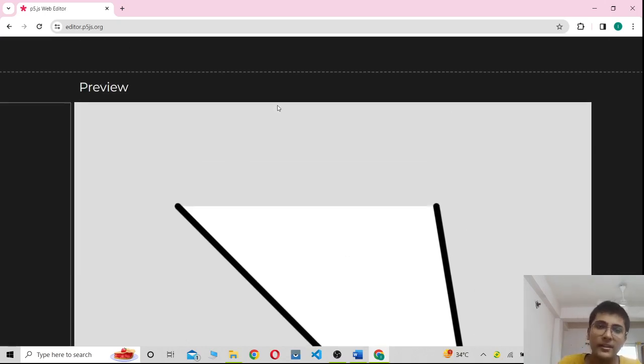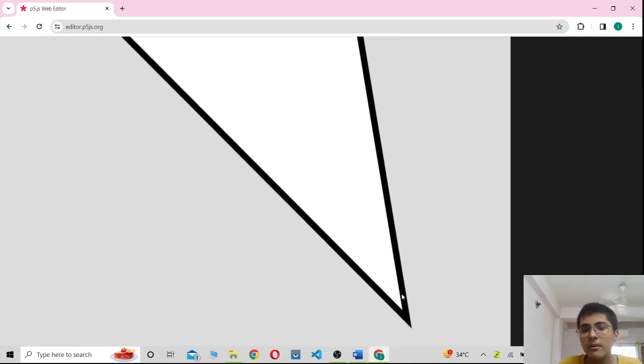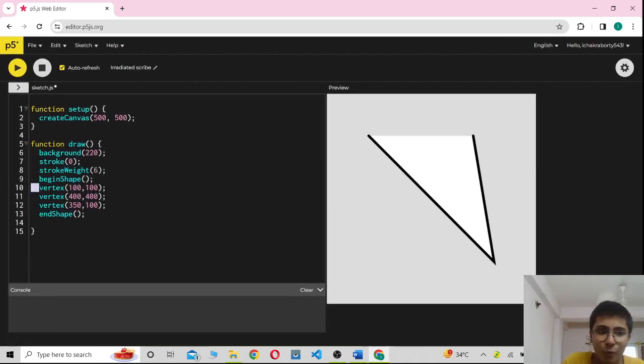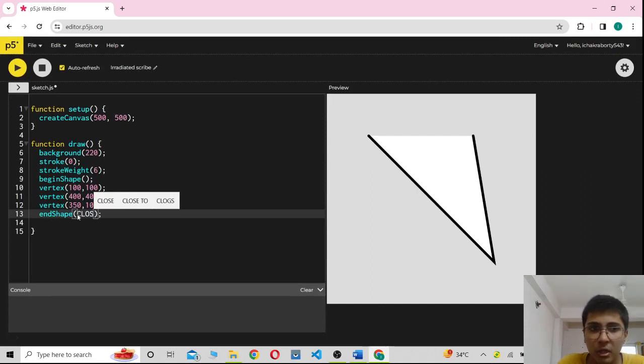So this is the basic function of the begin shape and end shape functions. They're going to draw lines from the points. So it is drawing a line from here to here. It is drawing lines from here to here, but it does not know that this line, it has to close. So we need to add a clause called close to the end shape function,